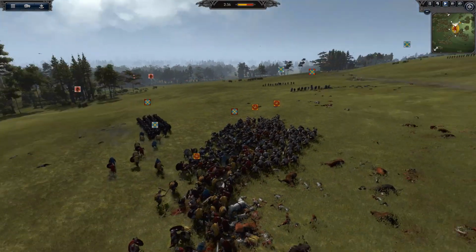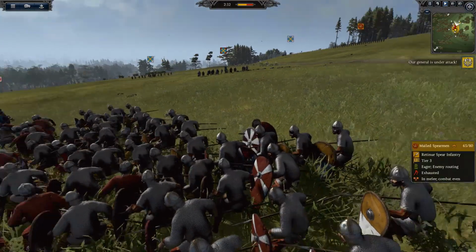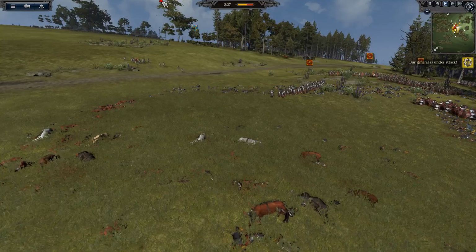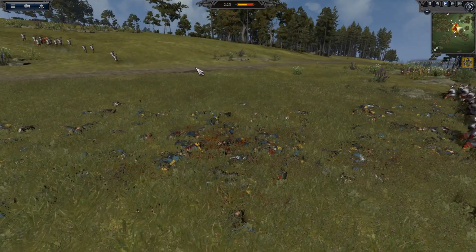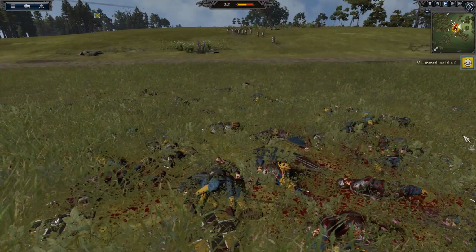and we still haven't got rid of these archers, which are just shooting the backs of my mailed spearmen and doing a lot of damage. And you can even see the carnage that's been caused. Look at the carnage. This is where the fighting started. And there's a lot of dead Mercians here. A lot more dead Mercians than...